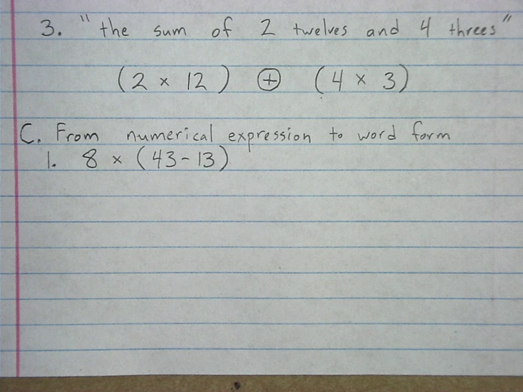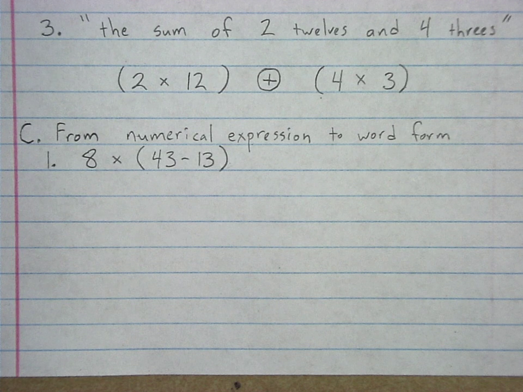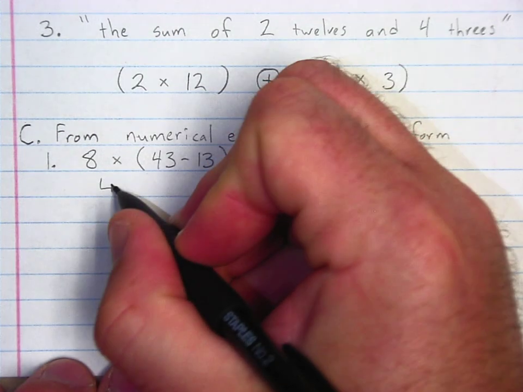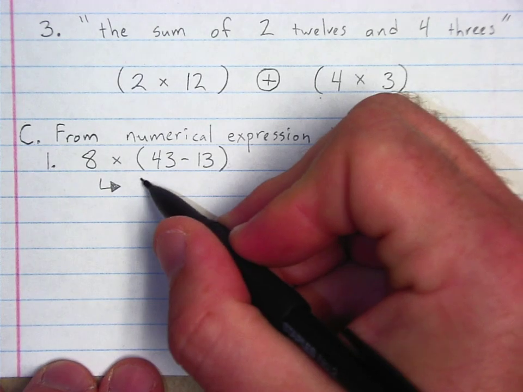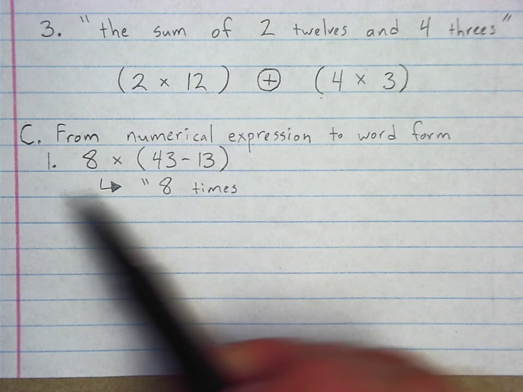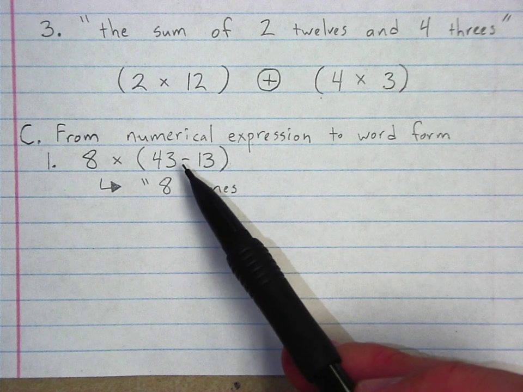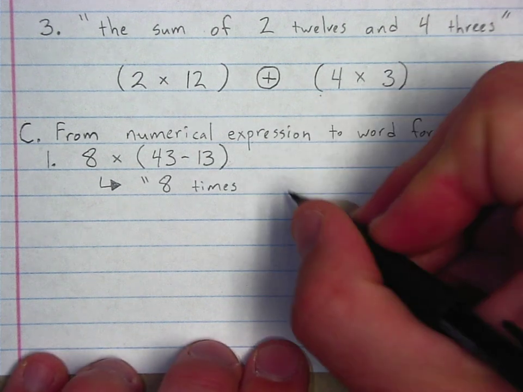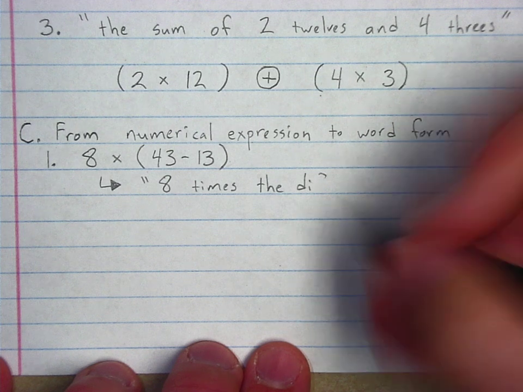This is where students think that they'll get the right answer by using a calculator, but because they're ignoring the parentheses, they'll end up getting something that's wrong. Reading this is important because it helps indicate what we should do first. 8 times, that part's okay. I want to go in the order it's in. 8 times. Now, we are going to use our clue phrase. We're subtracting, so 8 times the difference,